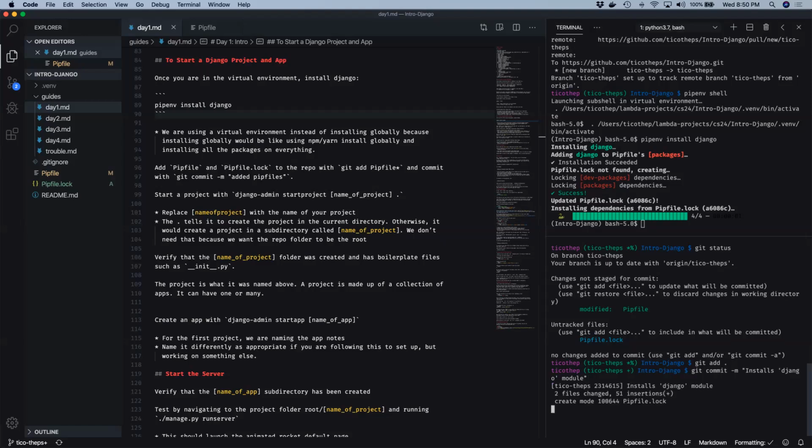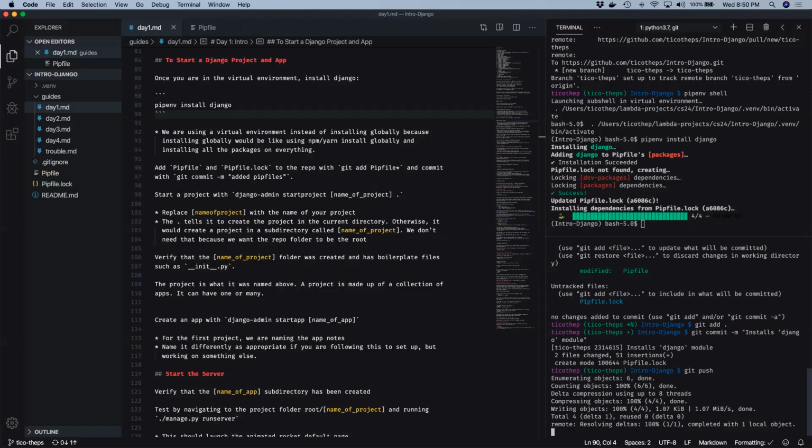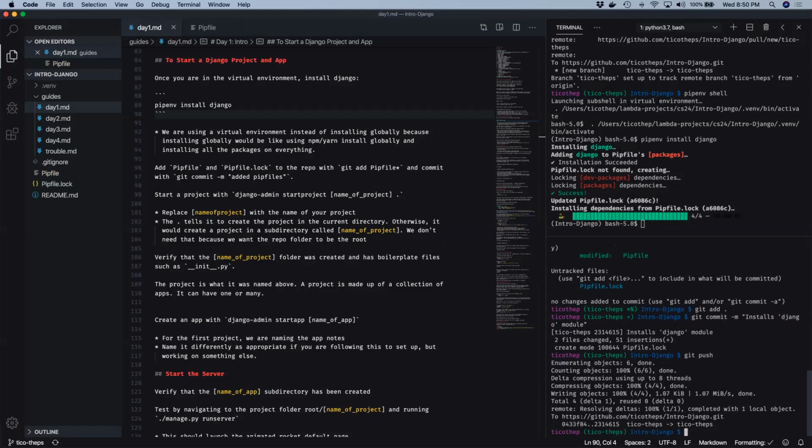So I'm going to hit enter. And I'm also going to git push. And remember, I don't have to type in origin tico-teps anymore because I've already set the upstream branch to origin tico-teps. So now if I hit enter, it'll automatically push straight to the remote branch, origin tico-teps, without me having to type it after this git push command. Okay,